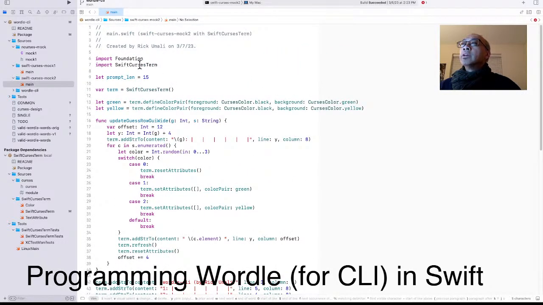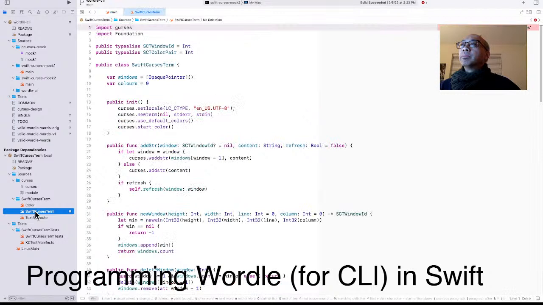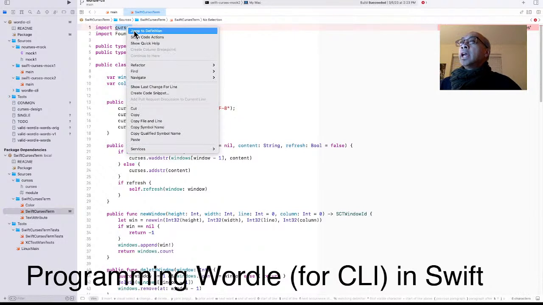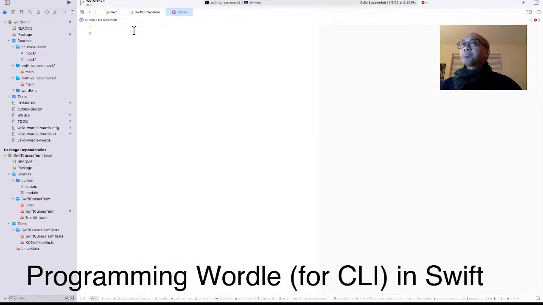So we have here the Swift curses term, and if I click on it, this is the source code. It doesn't have the error anymore, but it says the build succeeded. It's very strange, but if I do control, see, now I get the error again, but if I do control and jump to definition,